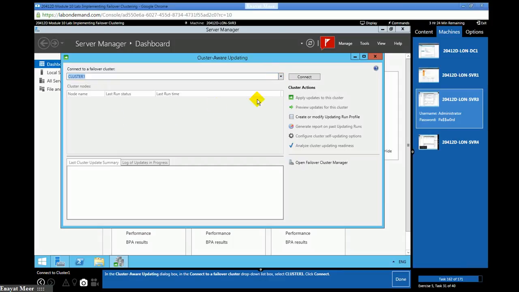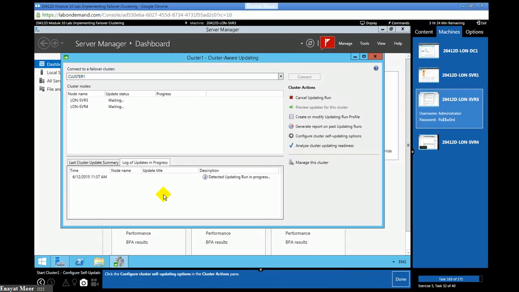Here you can connect to your Cluster1. Okay, so you see now the update is running. If you want, you can actually cancel the update, but on the left side you can see LON-SVR3 and SVR4. They are waiting for updates, and the update status is being processed.